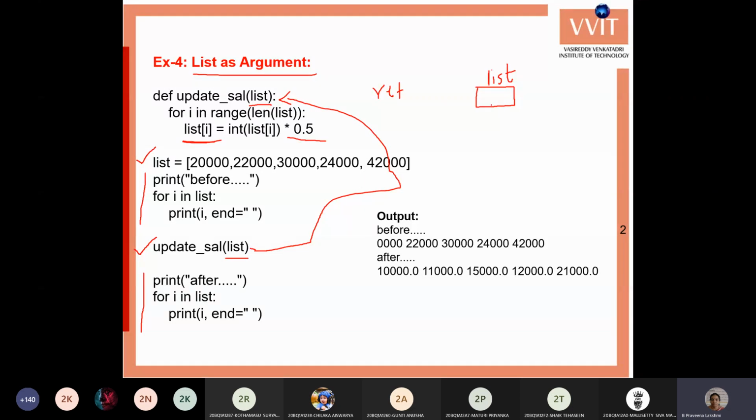The name used in the function is created as another name for the same memory location that is allotted initially for the list. Initially the list has some memory location, and for the same memory location the function parameter name is assigned as another name. So whenever you access the elements with the new parameter in the function, it updates the same values within the memory locations.